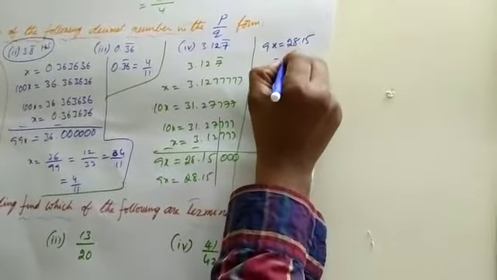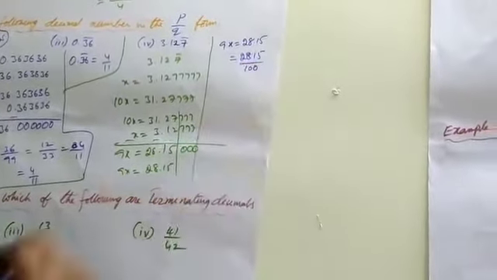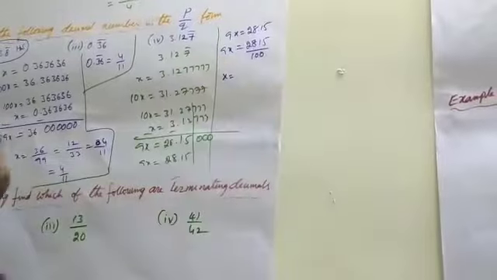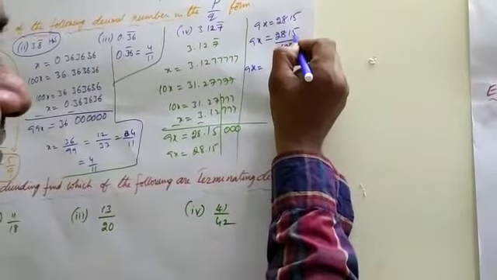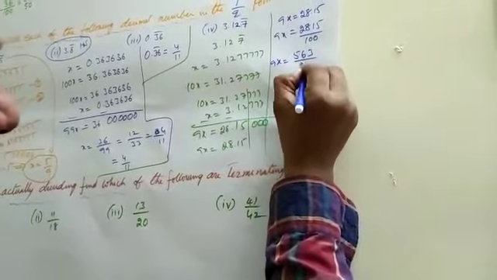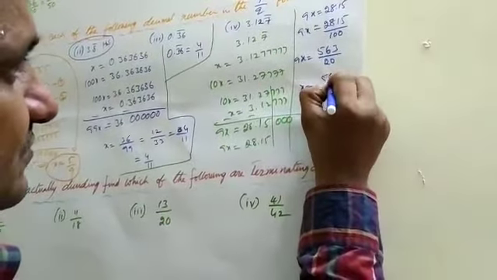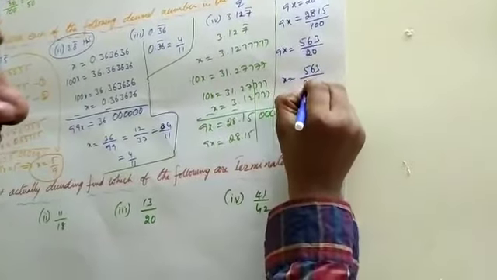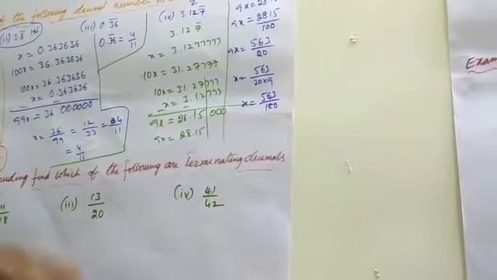What is the meaning of 28.15? Therefore, 2815 divided by 100, like 9x. Therefore, x is equal to, see, here simplification is there. Why? Because according to divisibility by 5, 5 fives are 25, 5 sixes, 5 threes, 5 twenties. Therefore, x is equal to finally 563 divided by 9, with 100 transferred to the right side, 9 is reciprocal. Therefore 20 into 9, therefore x is equal to 563 divided by 180.